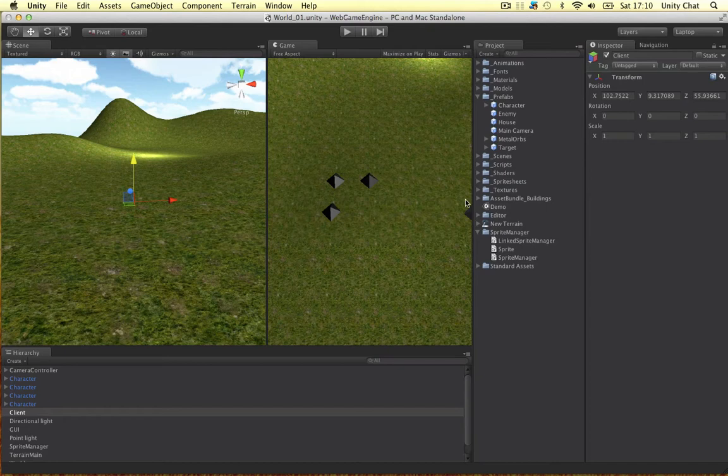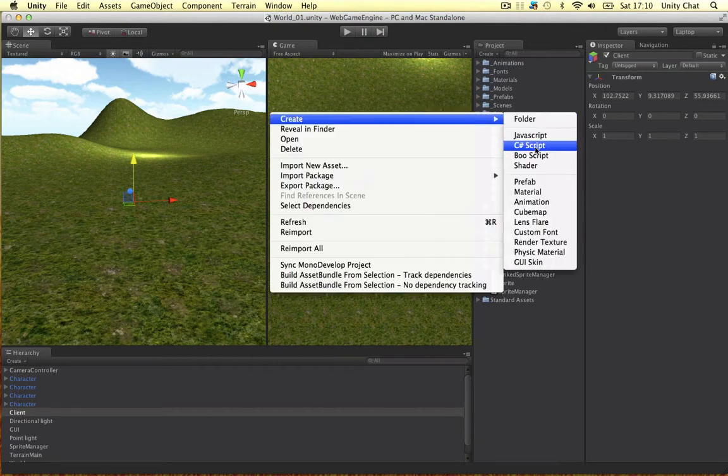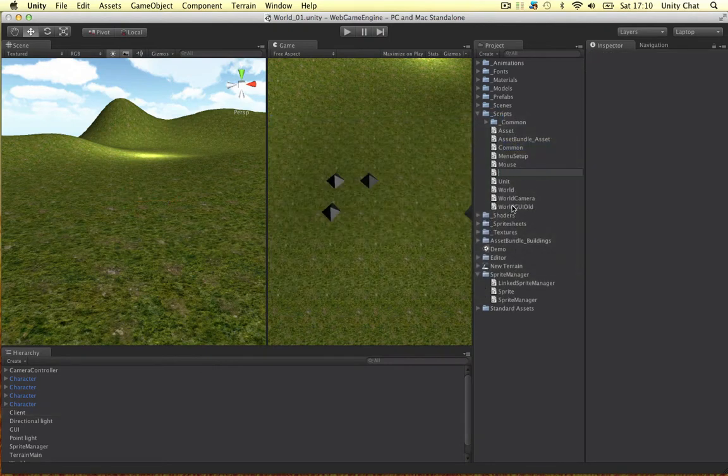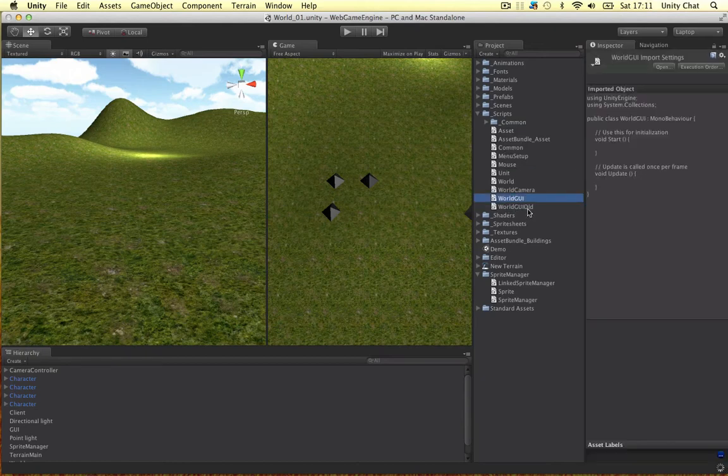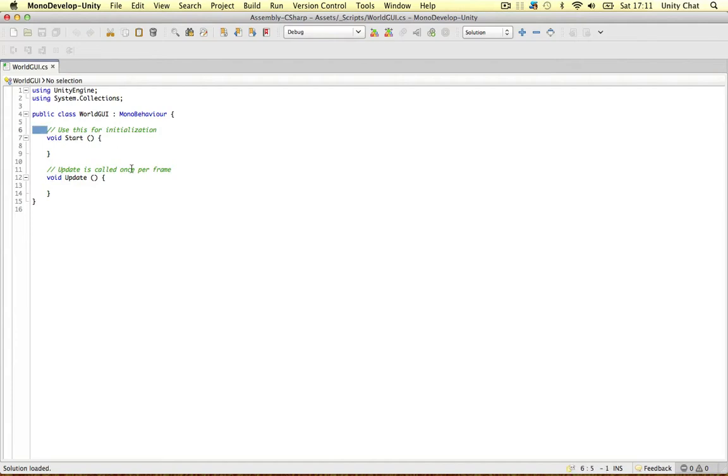Let's save this out. Okay, so in our script I'm just going to reference this client object. We might want to instantiate it in our game and use that as a client or a game object, but for this example I'm going to keep it simple. I'll go into a real world case in the next video. Okay, so I'm going to create a new script so we can manage all this, let's call it world GUI, because I had the world GUI thing going on in my previous videos. Okay, so this is where we're going to code all our animation and our sprite and stuff from Sprite Manager,